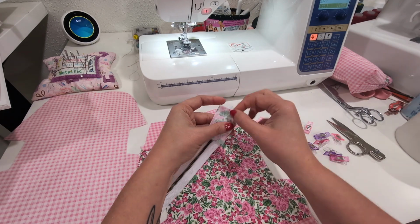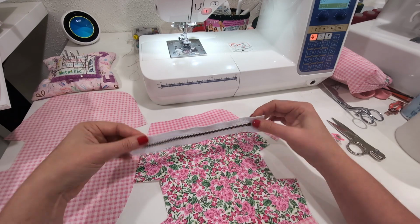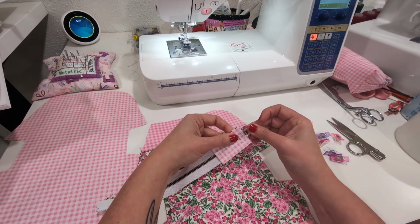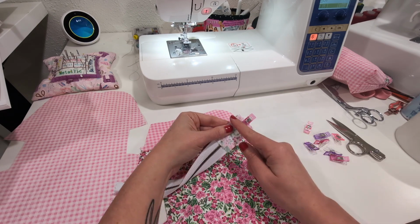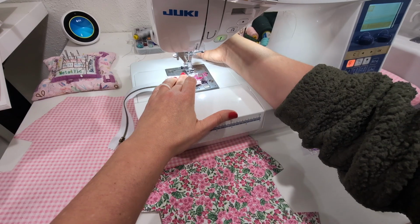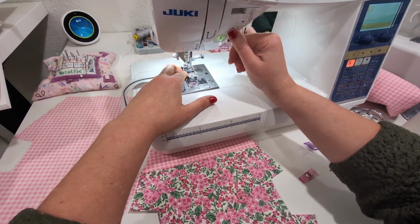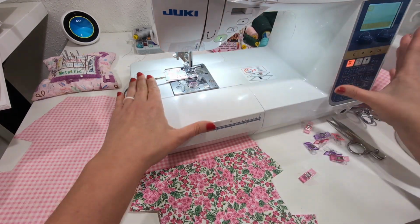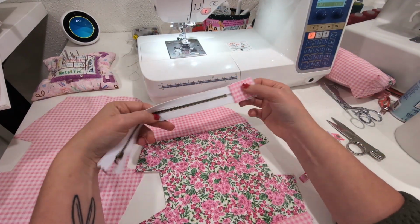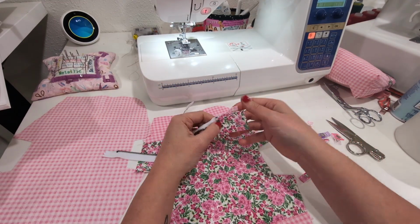You're going to place the main zipper end on the right side of the zipper, aligning the ends. And then you're going to flip it over, and you're going to place the lining zipper end on the other side with the right sides together. And then you will stitch it together through the zipper end pieces and also through the zipper. Then you are going to flip those pieces right side out, and you're going to unzip your zipper, and with